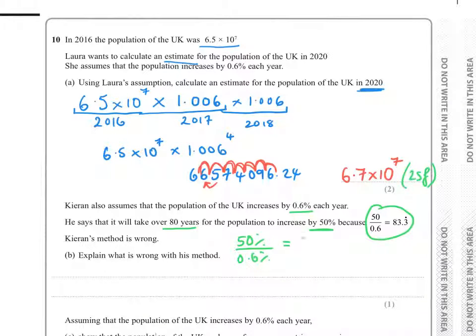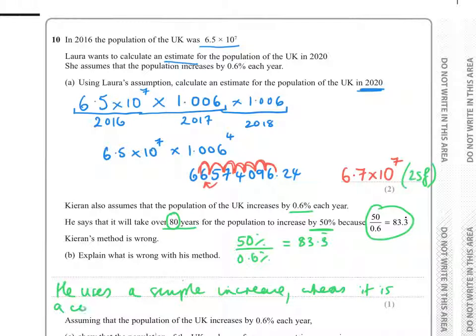And because he got 83.3 recurring, that's more than 80, hence he validates his position. But he uses a simple increase, whereas it is a compound